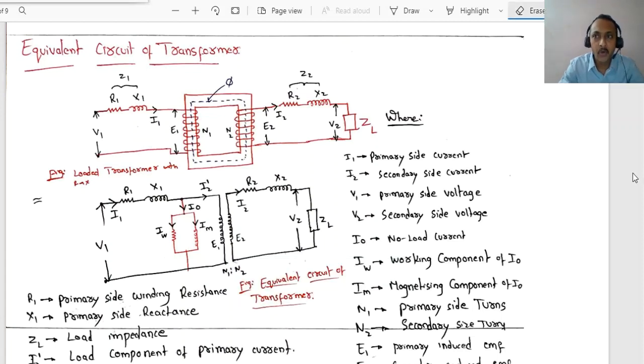Today in this video, we are going to discuss one important topic, equivalent circuit of transformer. With respect to this topic, most of the students are feeling difficulty while attempting the question on this topic. In this video, we will discuss in a detailed step-by-step manner how to draw the equivalent circuit of a transformer,